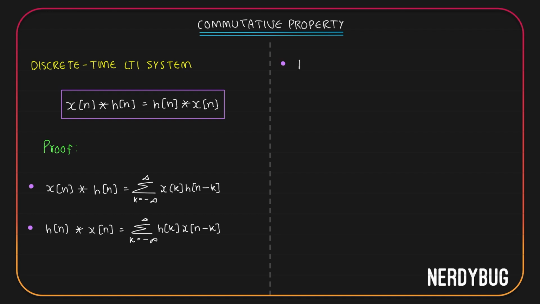To do that, take k is equal to n minus r, where r is some integer. Then, if you take convolution of h of n and x of n, we have summation from k equals minus infinity to infinity h of k x of n minus k. We have to substitute k equal to n minus r, but before that we also have to set the new limits. K is n minus r, so we can write r is n minus k.